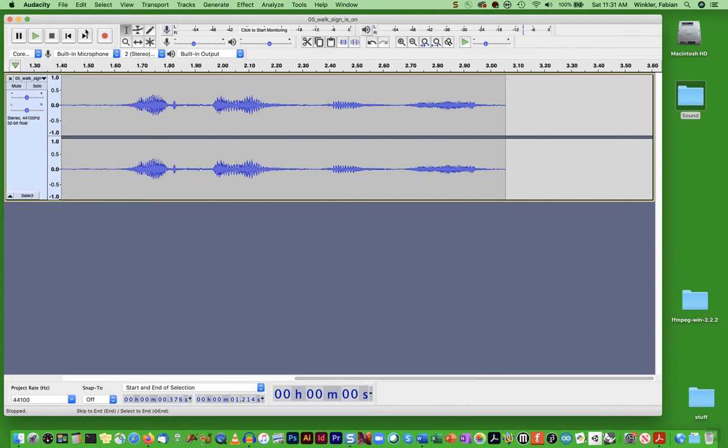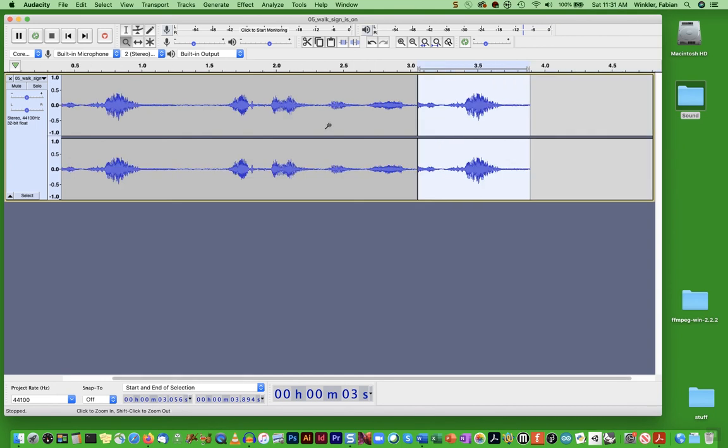You can hit this button that says put my selection bar all the way to the end. So select end, and then I just paste, edit, paste my previous recording in here. So let's listen to that. Zoom out just a little bit using the shift key. I start my playback right here. "Walk sign is on to cross." All right, and so now we have the full sentence "walk sign is on to cross" in the right order,